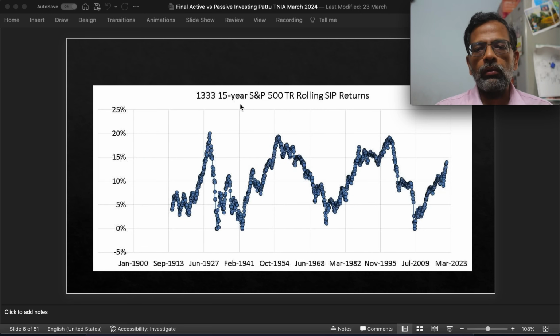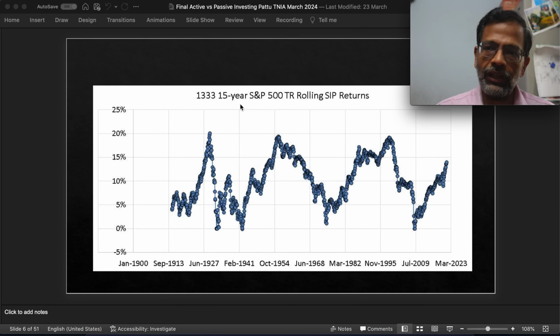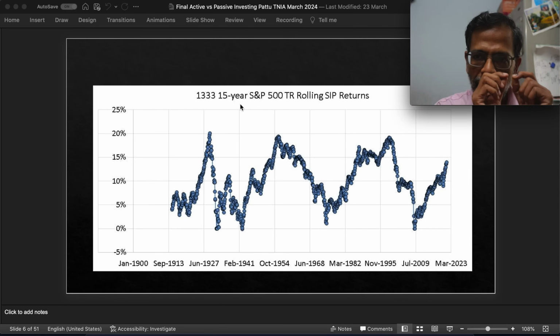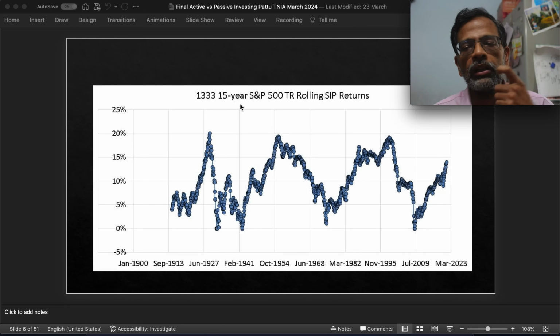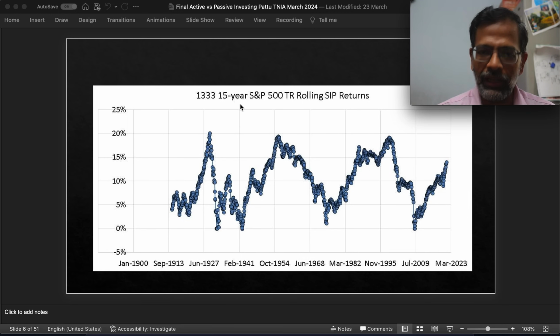Now, our market history is actually quite short. If I take 15-year rolling SIP returns, that is, instead of taking lump sum returns, so what you see in the previous graph is basically a point-to-point lump sum return, right? But instead of that, I can also do a rolling SIP return. So from every 10-year window or 15-year window, I can compute a SIP return instead of a lump sum return. And we don't have enough data in the Indian stock market, but we have like 1,333 15-year windows for the S&P 500, and you can see the returns